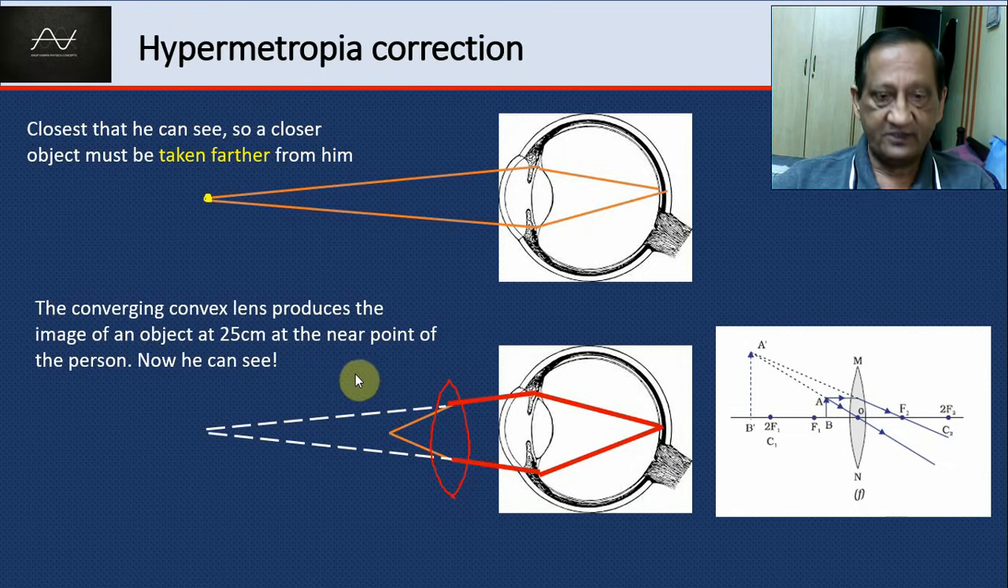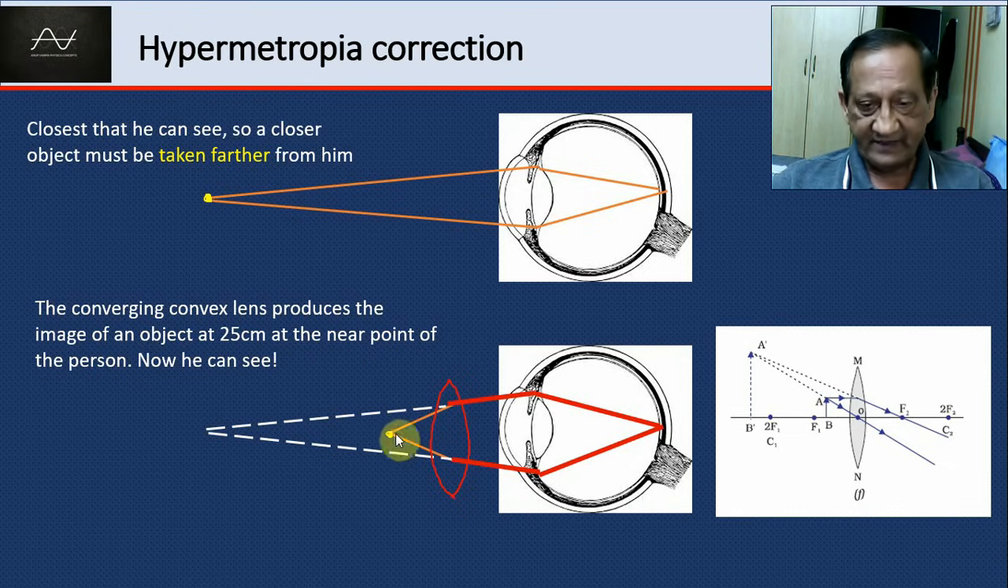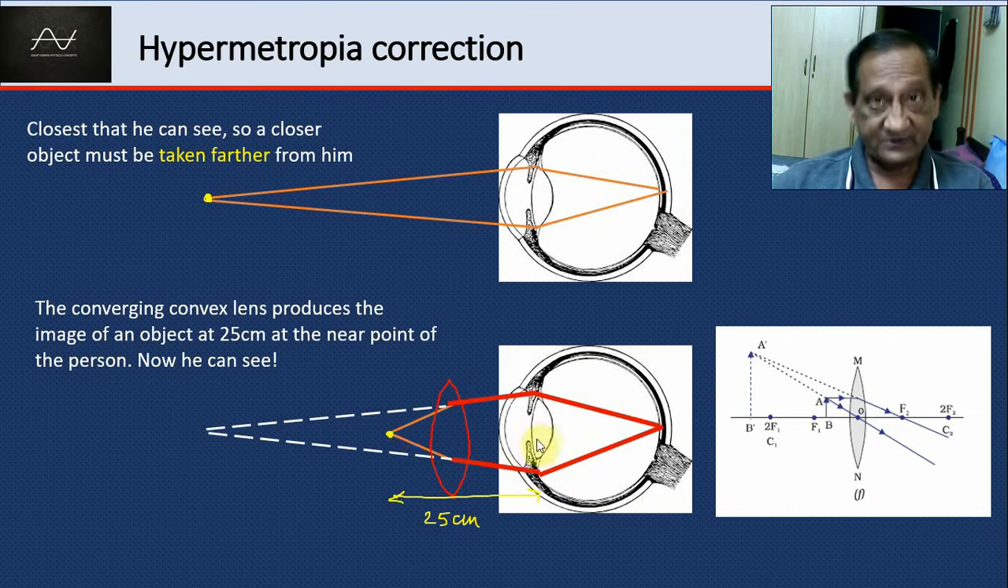This is his near point. This is the object that he wants to see. So the closest object that he wants to see will be like a normal person, 25 centimeter. Any normal person can see only up to 25 centimeters. So if I consider an object at 25 centimeter from the lens of the eye, then the image must be created